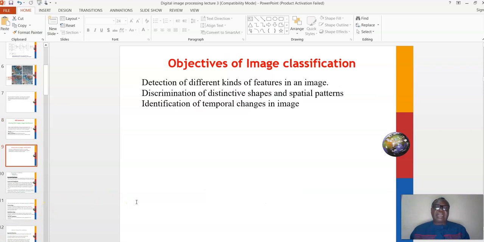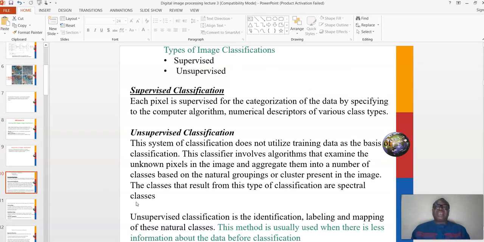When we want to do image classification, we have two types of classification: the supervised classification and the unsupervised classification. Supervised classification is when each pixel is supervised for the categorization of the data. We do this by specifying to the computer that this is this feature.